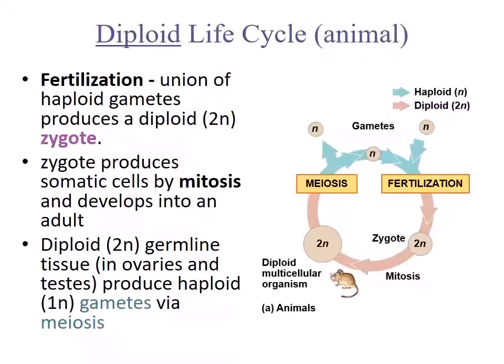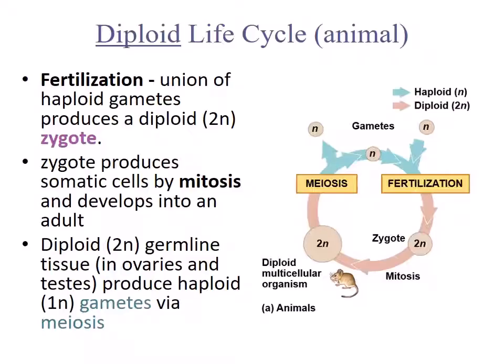So if we look at the diploid life cycle, this is the animal life cycle. And in this, you've got fertilization, which is the union of those haploid gametes. So the sperm and egg get together and they produce a diploid zygote. And then that zygote divides by mitosis and produces the different cells of that organism's body, and that develops into